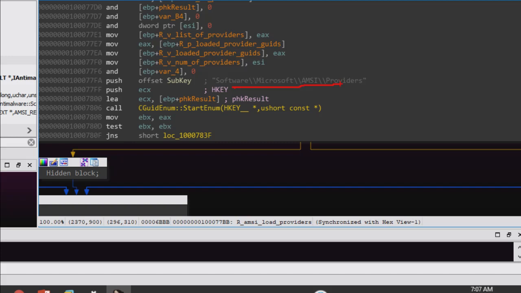And as you can see here, we have another class, the GUID enumerator, and we're calling it with start enumerator. What this class is in charge of doing is enumerating this registry key that we just talked about, and it's going to enumerate all the different GUIDs, which are IDs that represent the different providers that are registered underneath the class root registry key.